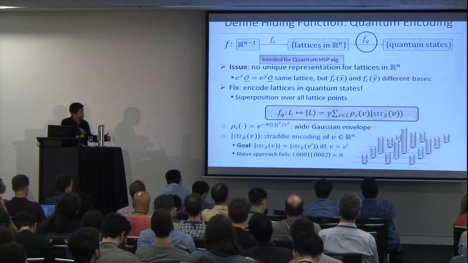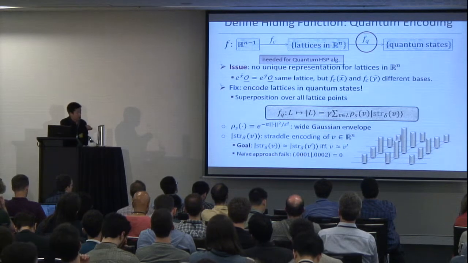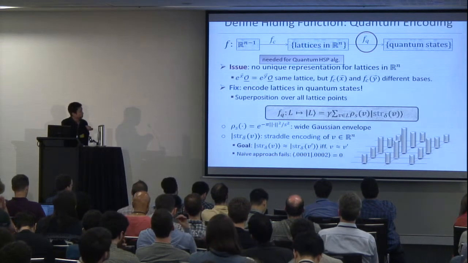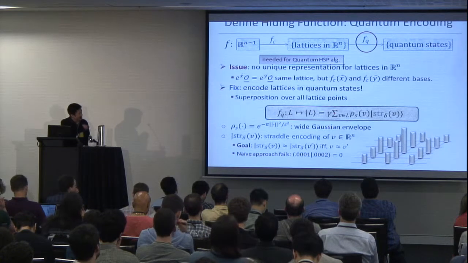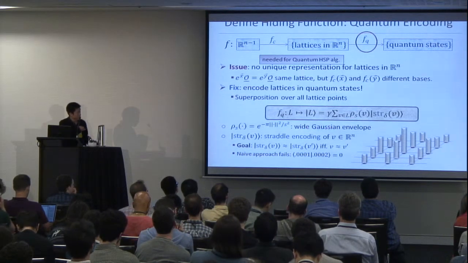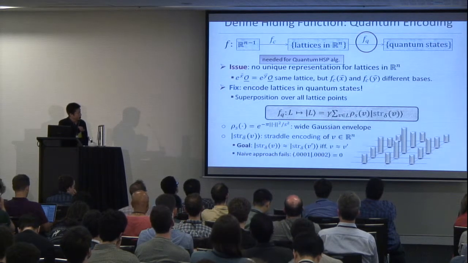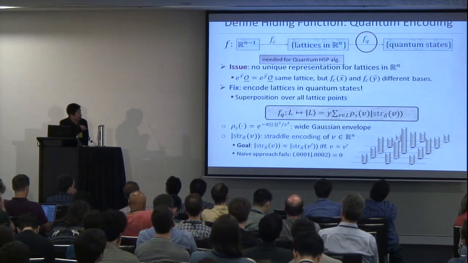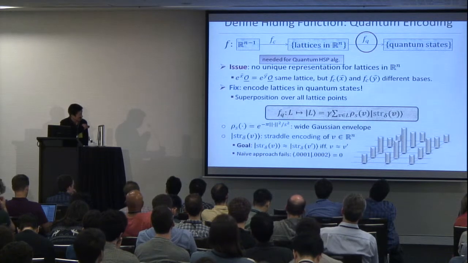So this roughly tells us the overall structure of the lattice. I want to mention that this Gaussian should have a large parameter S, because otherwise it seems hard to create such a superposition. And then for each lattice point,